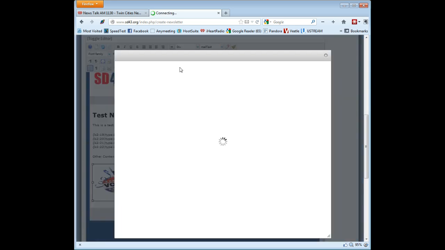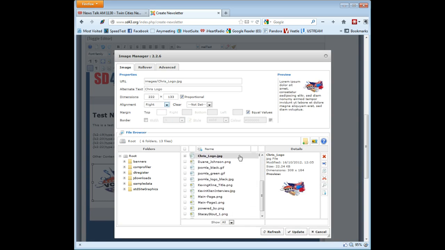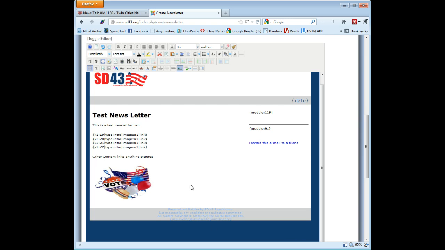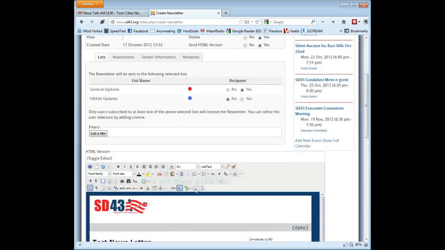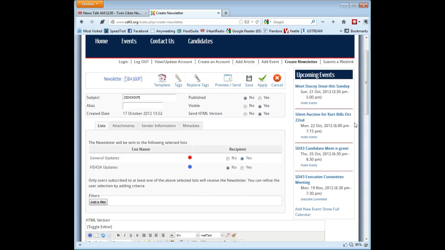You could go in and edit it again. So by clicking on it, you can say alignment, and we're going to do right. Actually, we'll do middle, do update. All right. So now you've got your newsletter all prepped up, and then you can cut and paste. There are cut and paste options up here, so you can do Control-C, Control-V, or use the toolbar up here: cut, paste, paste as plain text or formatted text, depending on what you want to do and how you want to do it. And now what we do is we go into preview,